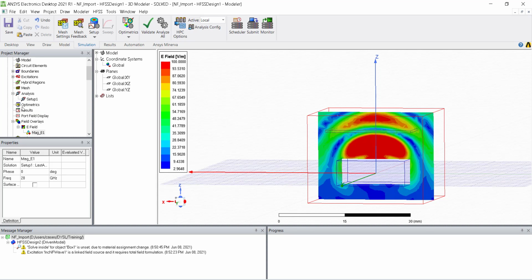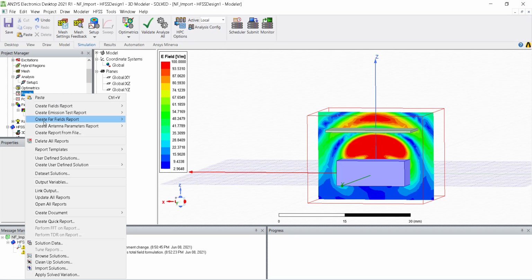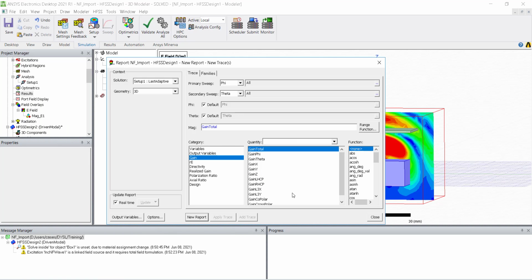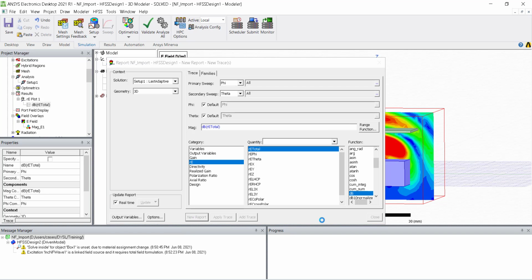And similarly, you can also see the radiated E field in the presence of a dielectric. So here I will just go to the report and click new report.